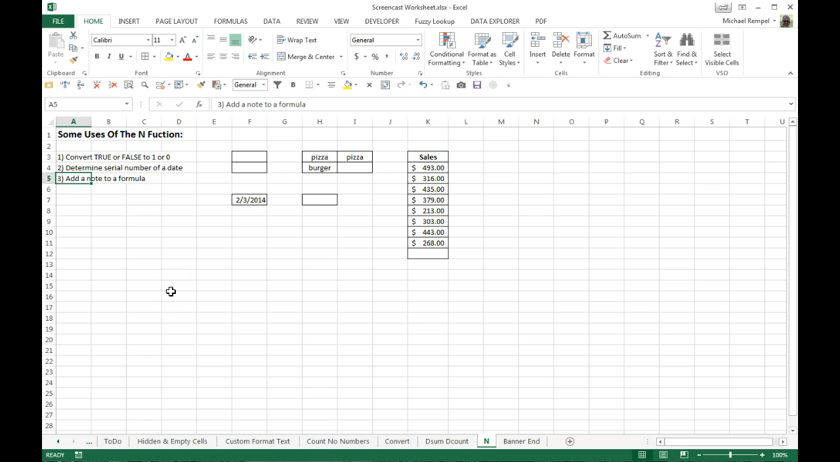So let's take a look at each one of these real quick. Let's say in here I just want to do an equals this equals that, and I get a true there, or equals pizza equals burger, and I get a false. But I need to total up how many trues we have, how many falses. Obviously highlighting those down here just gives me a count. There's no sum. So if I want to convert this to a 1 or a 0, I could just add